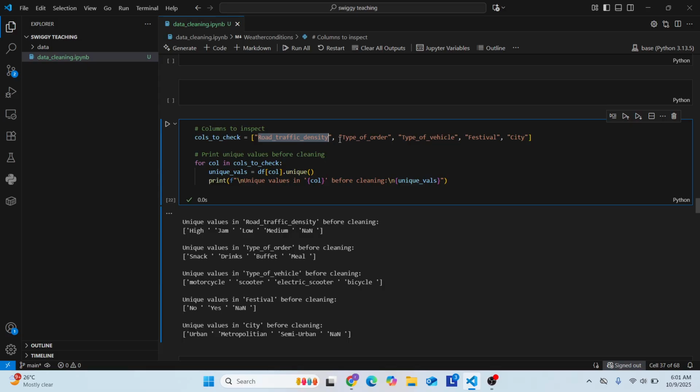For this column as well, type of order, on top of it we apply this unique method and we got to know this. Same for all those three. We got this and this. So I hope you got it. And why did we do so? Because we want to know what values this column consists of,